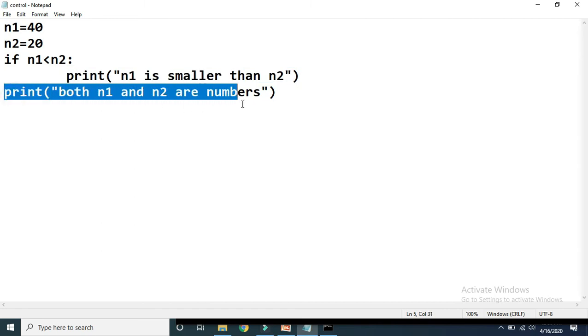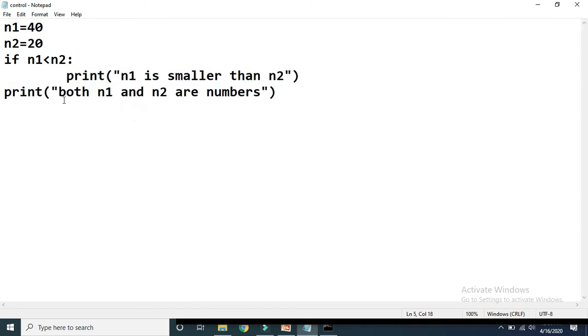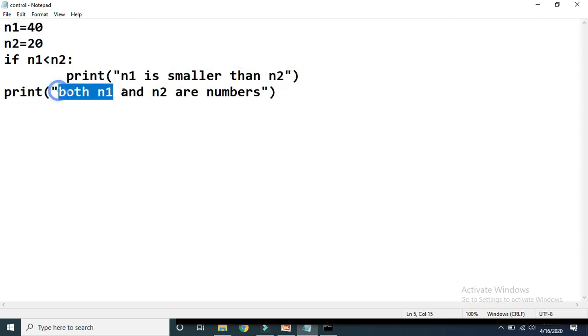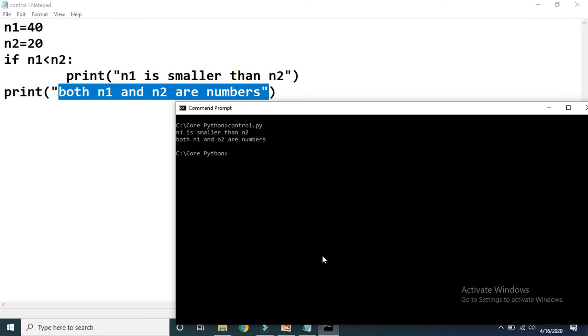And what we have written outside the if is that both n1 and n2 are numbers. So directly you will get the output of this print. Let me show you the output. See here, we are getting the output as n1 and n2 are numbers. It is not executing the other print because this condition is false.